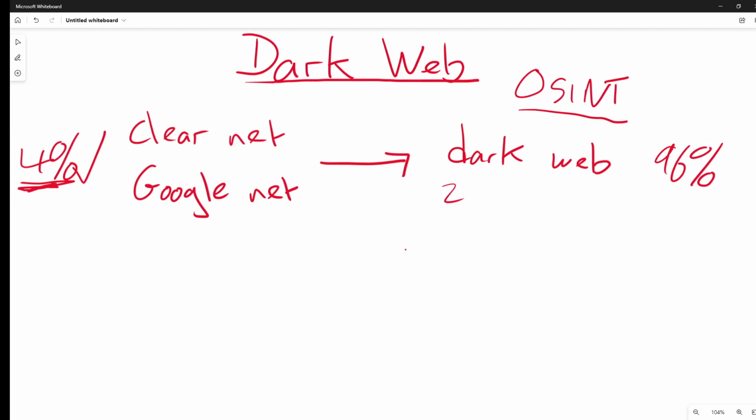The dark web has been around since 2002, and it was a US Navy initiative to enable agents to securely and anonymously communicate freely online, and the most important thing there is without detection.